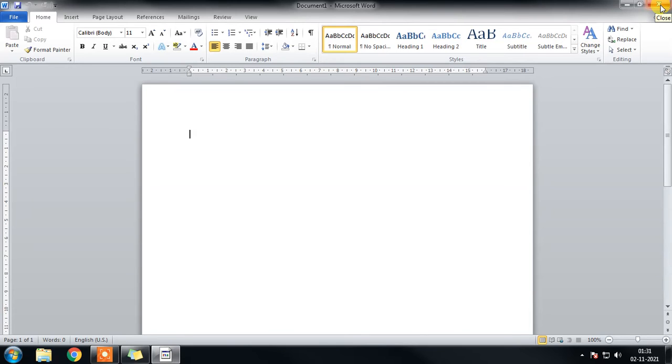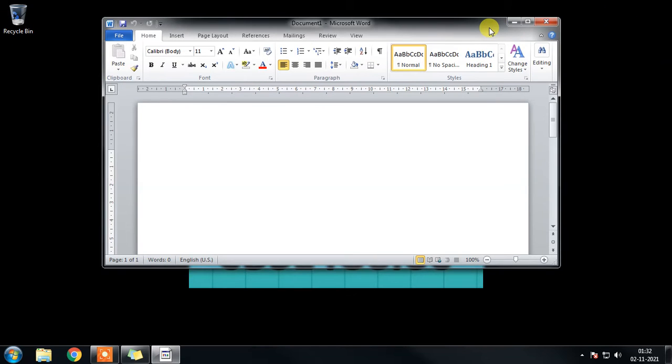And this command is called restore down. This icon is the restore down icon. When you click on this, it will go to the previous size of the window, which is not full screen. When it comes to that non full screen view, this icon will change its appearance from 2 squares to 1 square.